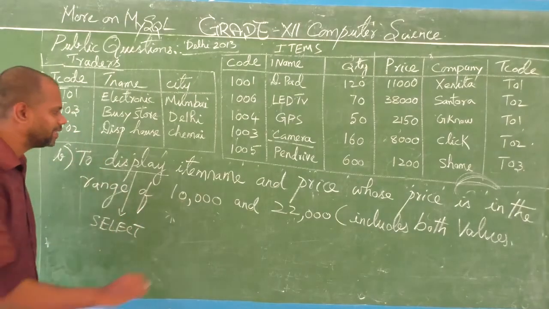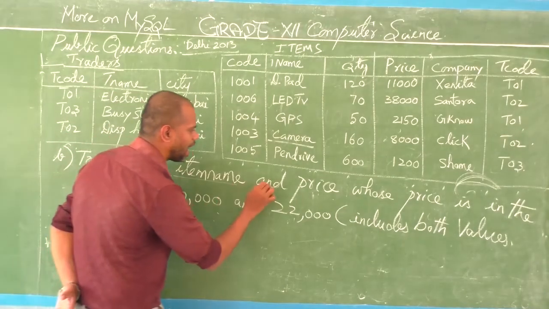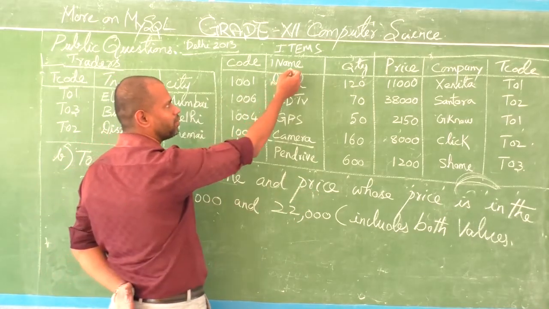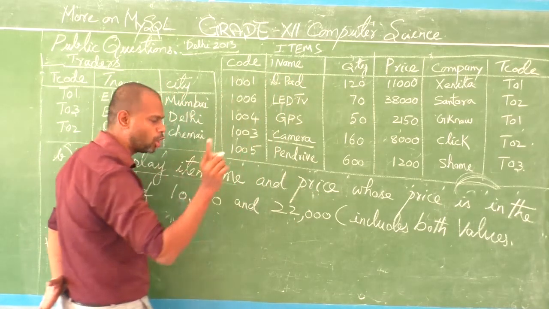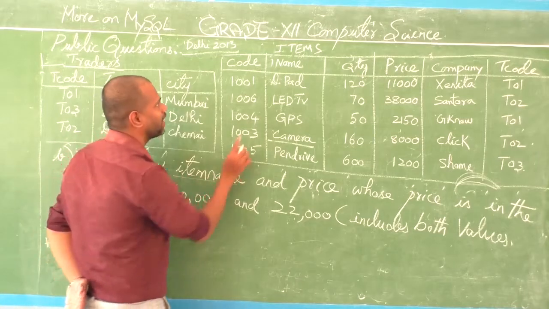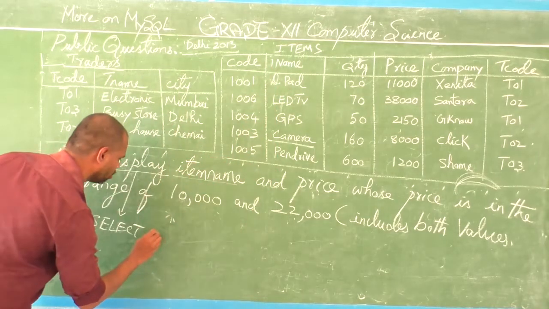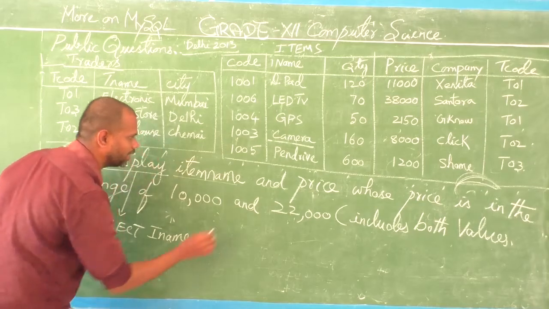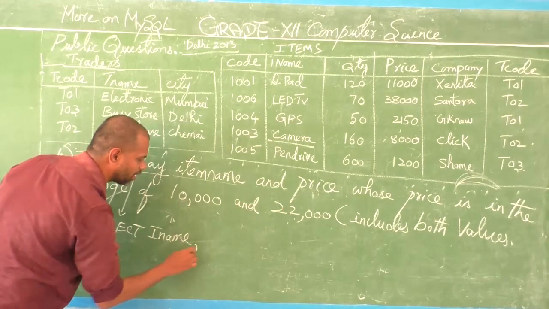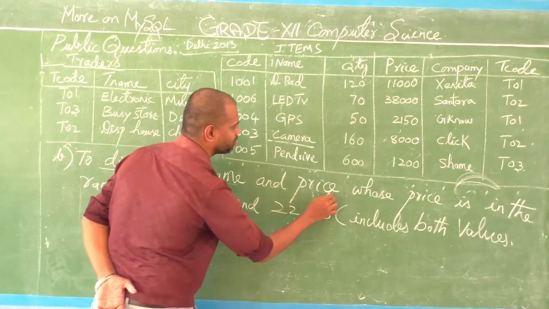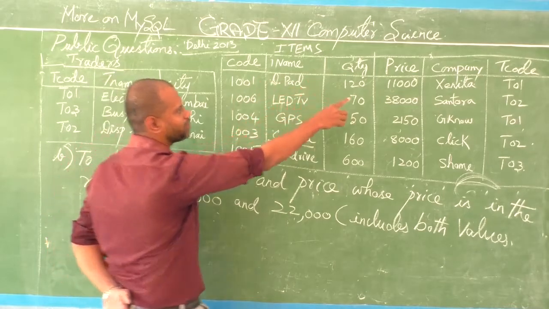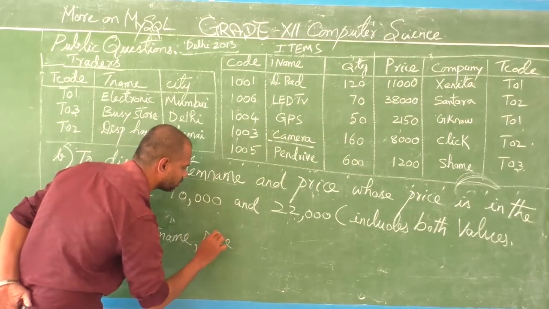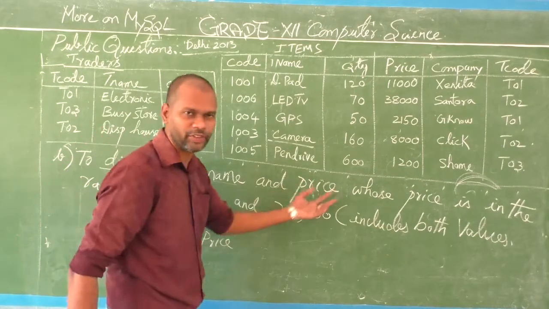SELECT, super. Then item name and the price. So item name means you go to the column name. What is this? I name. Don't write this item name. Write I name. Underneath you have to put one comma. Then price. Is there any price? Yes, price is there. Comma. Price. So column name is finished.